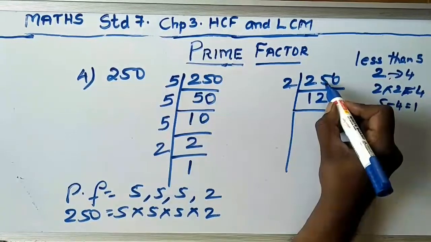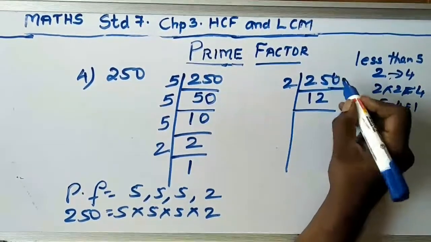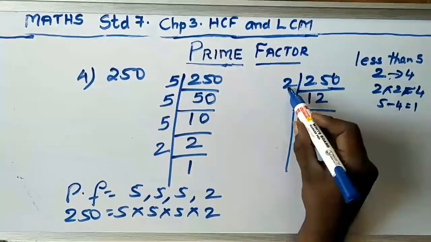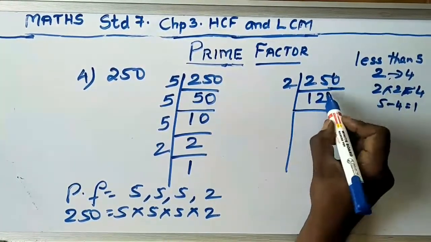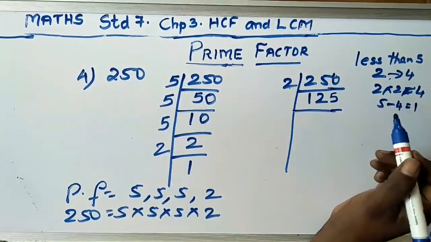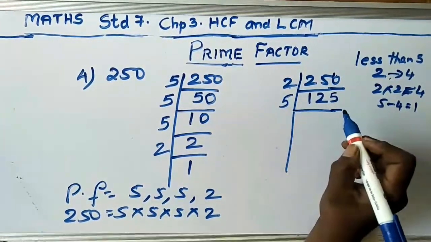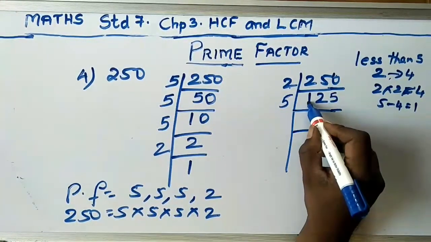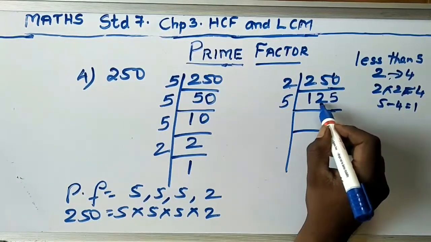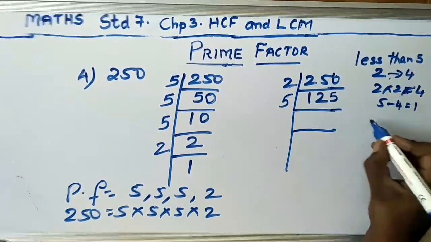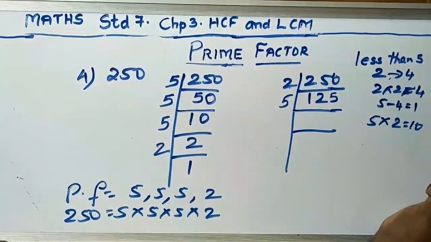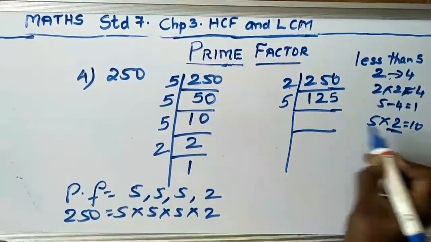2 2s are 4. 1 is remaining. 1 I carried over here. So it becomes 10. 2 table 10, how many times? 5 times. It becomes 125. Now 125 goes only in 5 table. So 1 doesn't go, it's a smaller number. So take a 2 digit number. 12. 12 doesn't go in 5. But you know that less than 12 is 10. 5 2s are 10. So I write this 2 here.